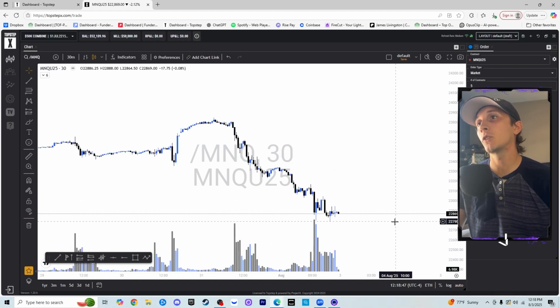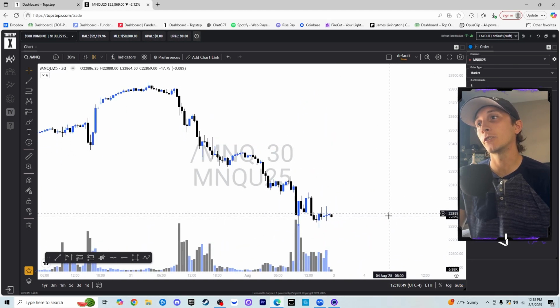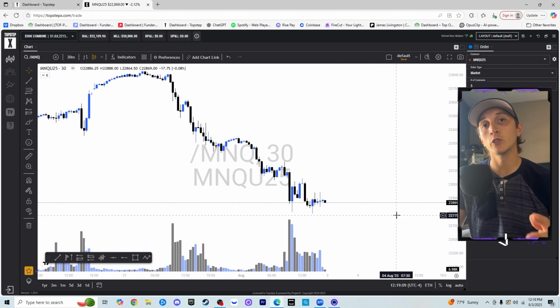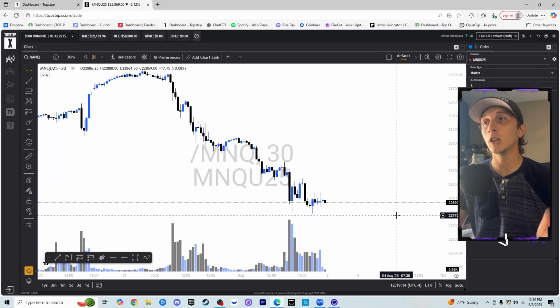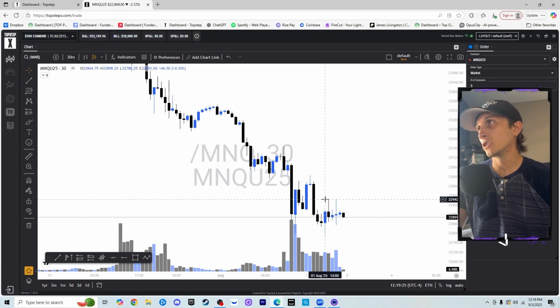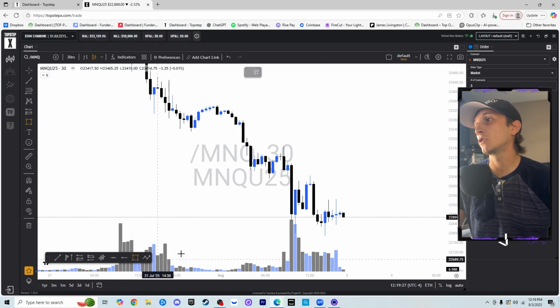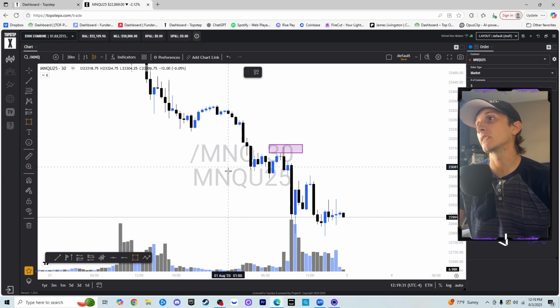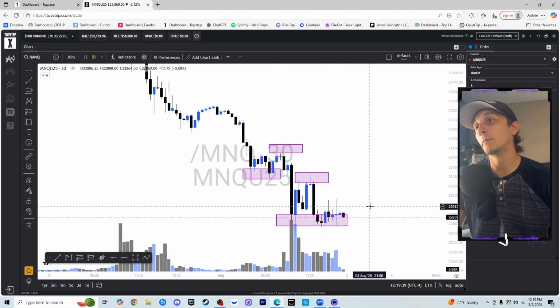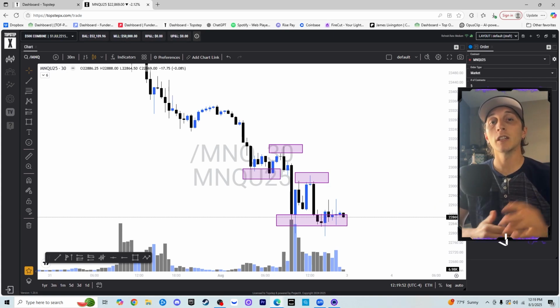Now, what I like to do is always start down on the 30-minute time frame. I'm looking for real structure. Higher highs, higher lows for bullish, lower highs, lower lows for bearish. So when we look at NQ here, for example, I can take my little square tool. I can see that we are progressively creating these lower highs, lower lows, and starting to shape us into more bearish structure. So right now, when I'm looking at price action, I'm looking at when can I take a setup